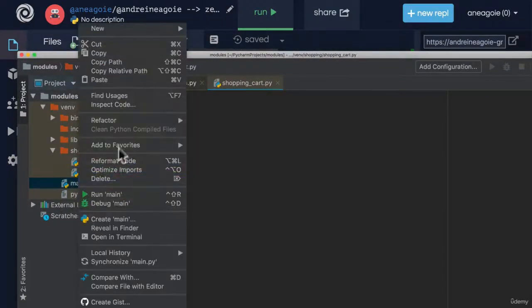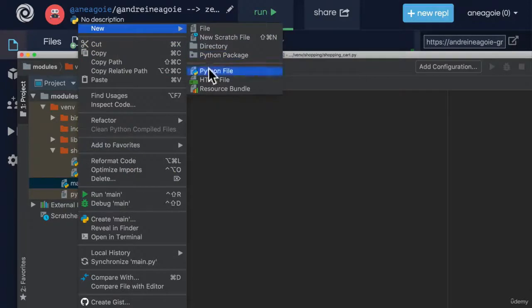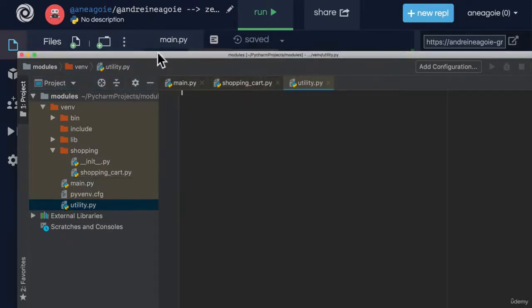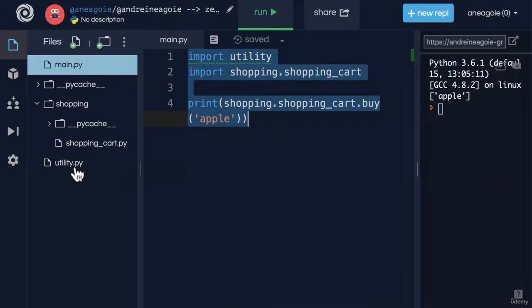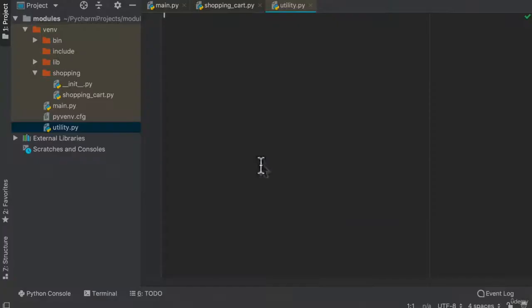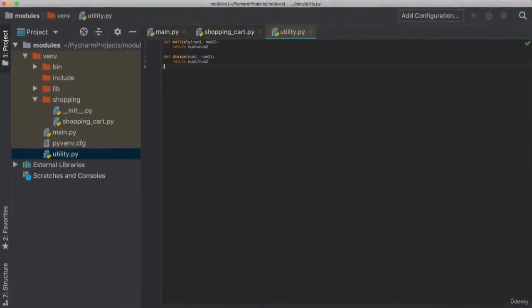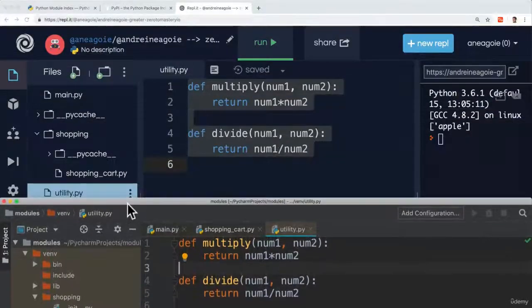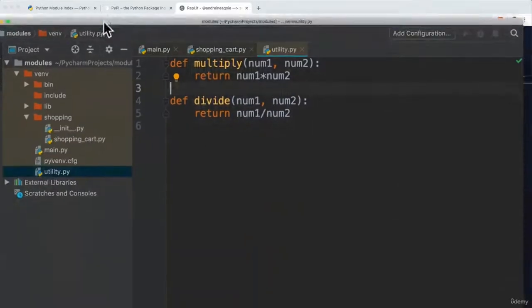And then finally, we'll add our utility file. I know we're doing a lot, but hey, I'm trying to prove a point here. Trust me, this is going to be important. So utility.py. There we go. So we have the same setup that we have here. Let me copy this over as well. All right. And we copy. Let's make this bigger like that. All right. So we have our files just like we have in our REPL, except this time we're actually using